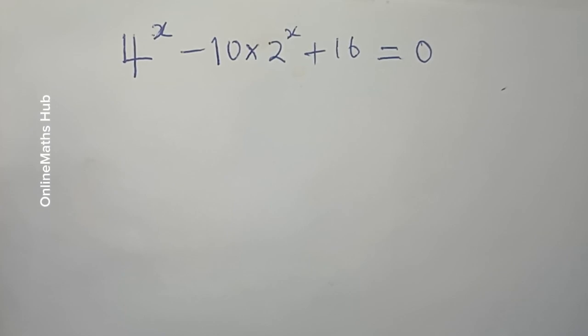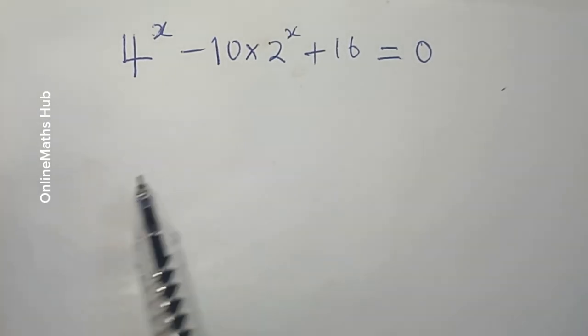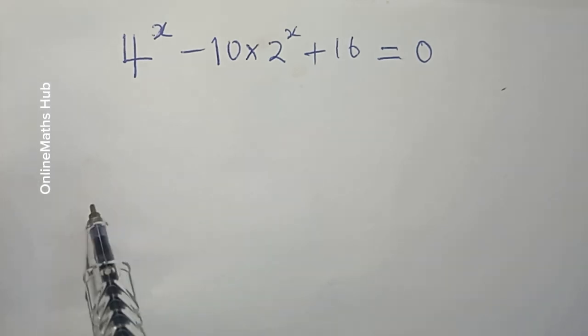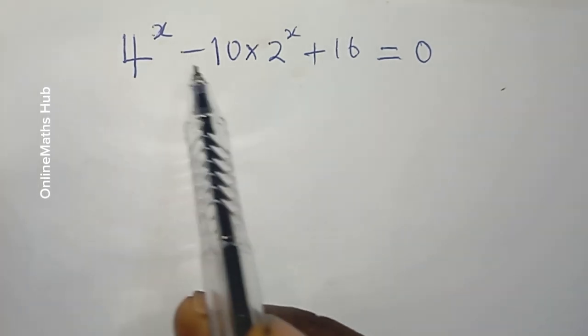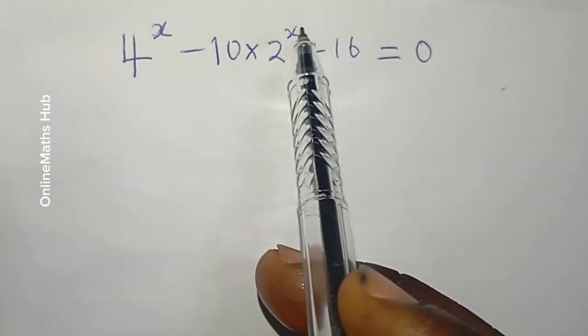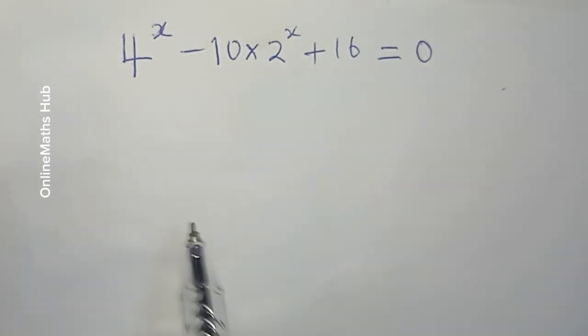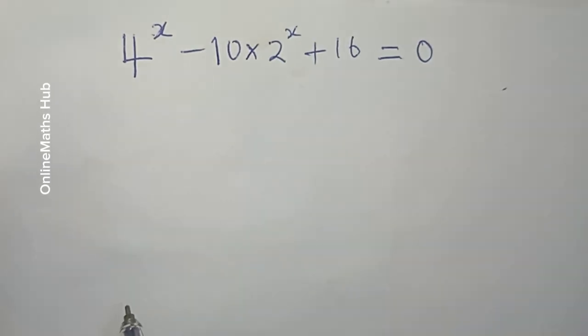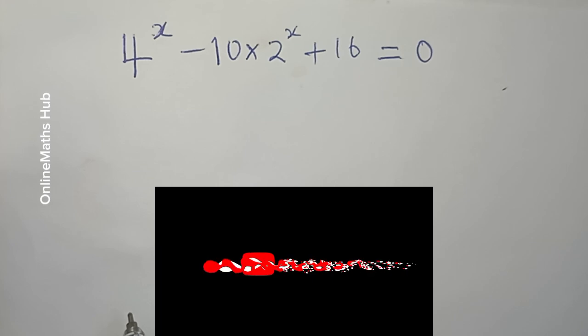We're going to be solving this equation you're seeing on the screen. What we have is 4^x - 10 × 2^x + 16 = 0. We're going to be solving it, but just before we proceed,